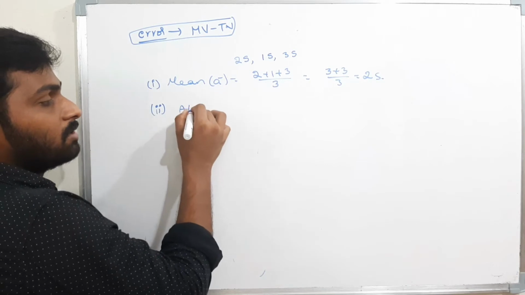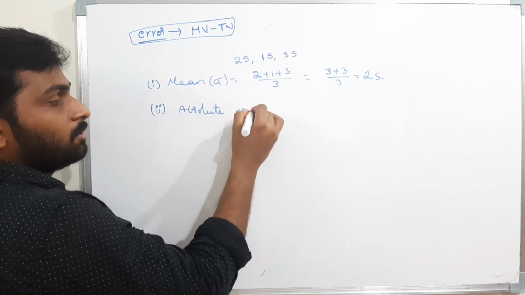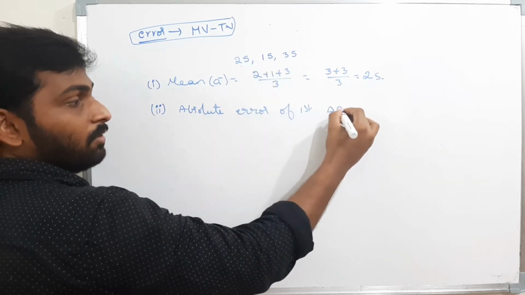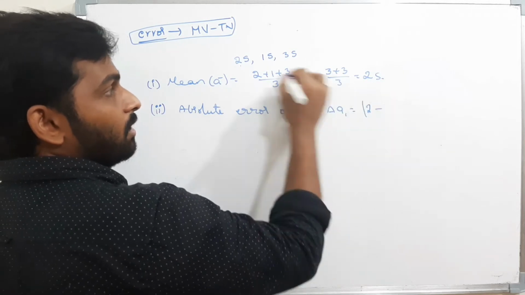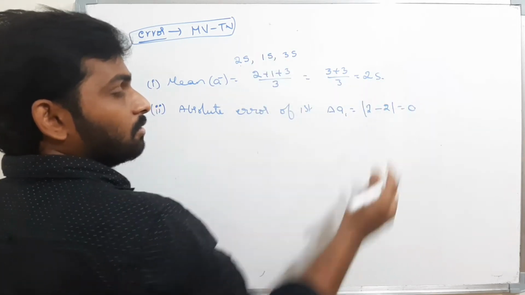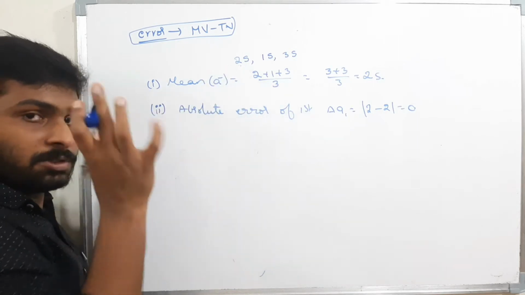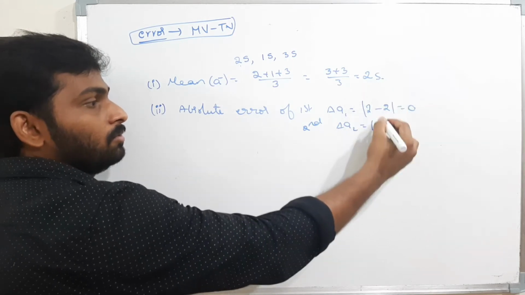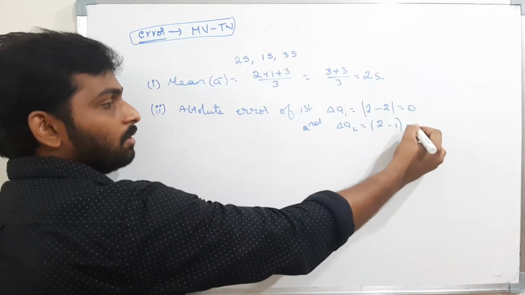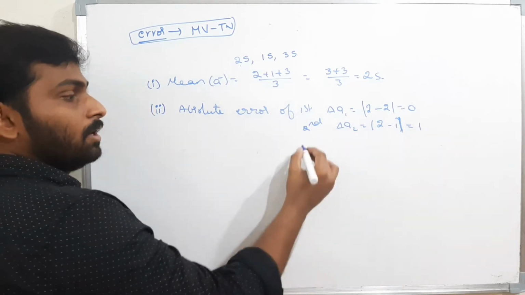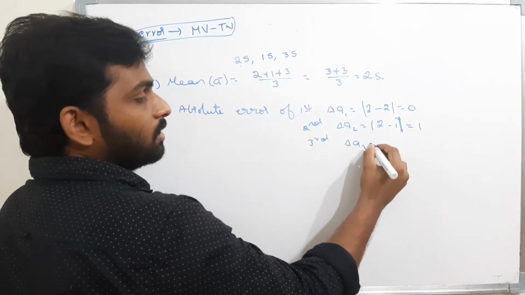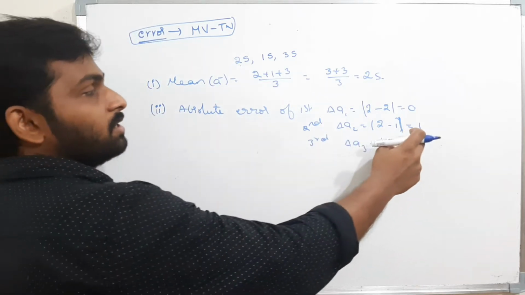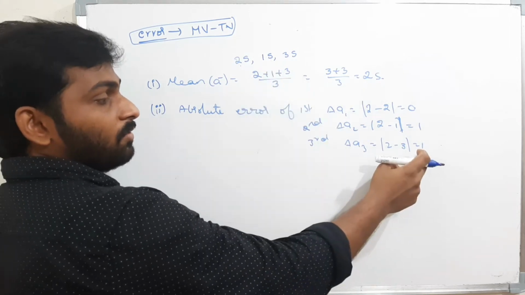Absolute error. What is absolute error? The absolute error of the first reading is delta A1. What is that? 2 minus 2. What is the value? I got 0. That means there is no error in the first measurement. And for the second one, delta A2, that is nothing but 2 minus 1, that is nothing but 1. Now for the third one, delta A3, that is nothing but 2 minus 3, that is nothing but 1. These are the errors: one is the error in the second reading and one is the error in the third